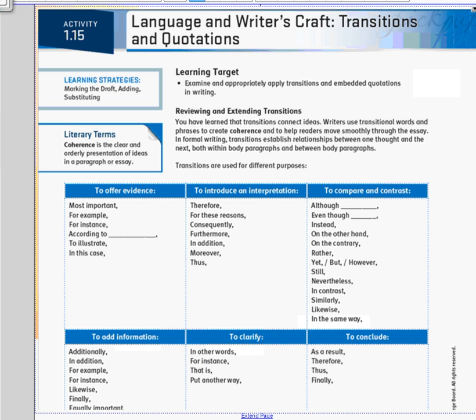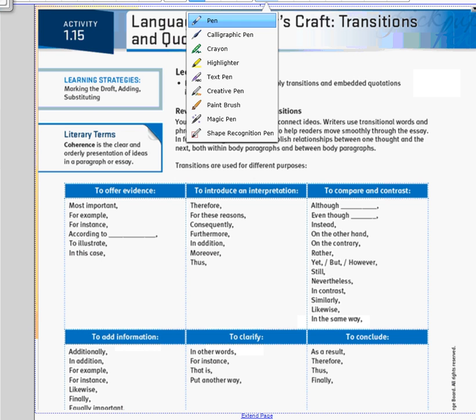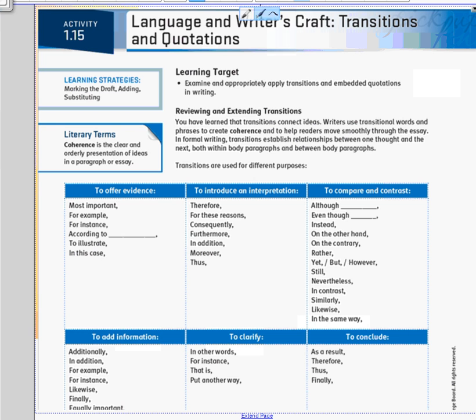All right, ladies and gents, we're working on activity 115 today. Brand new activity means we've got a brand new purpose statement. So let's get that purpose statement written out.